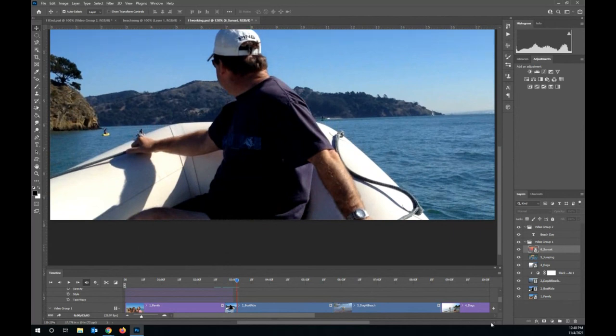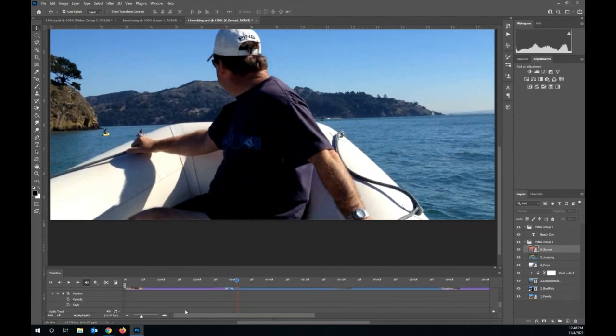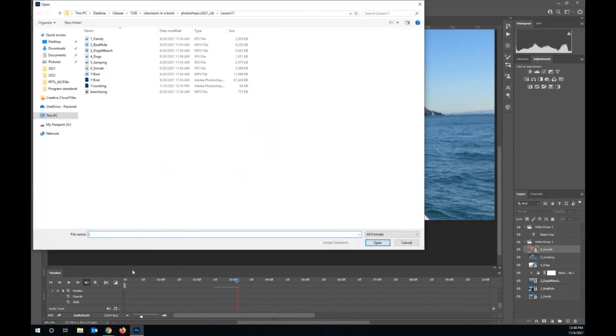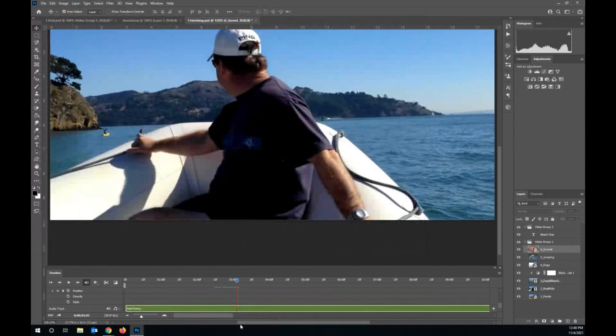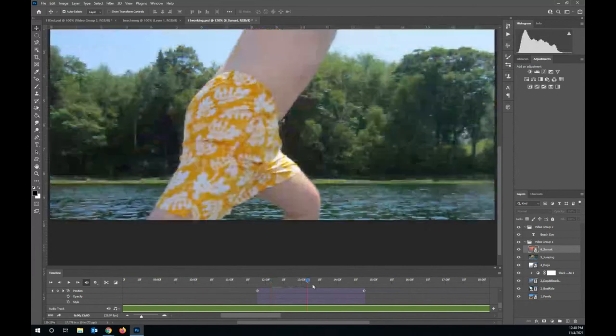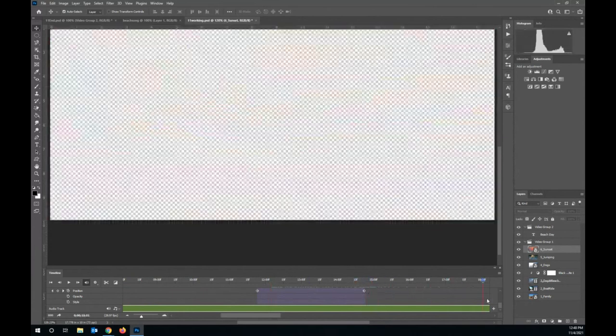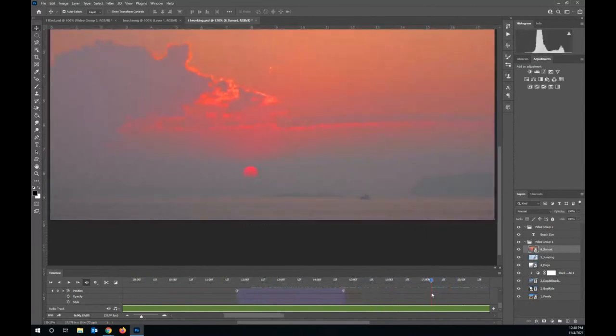Now to add audio to your track, we see that we do have an audio track listed down here. So we're going to click on the music icon and choose add audio. From here we will come in and choose beach song. Double click and we'll see that it's been added to our track. This is something that we can also